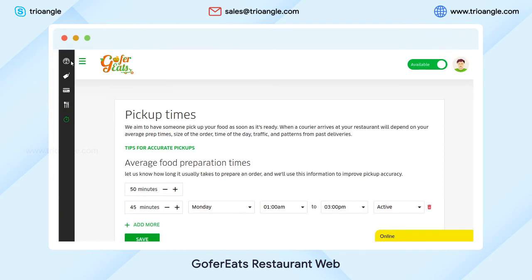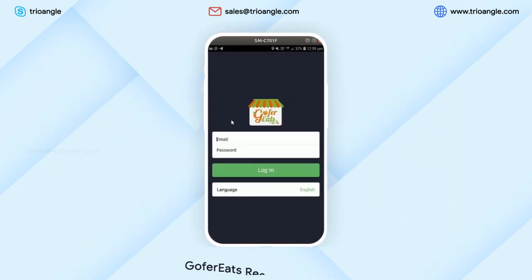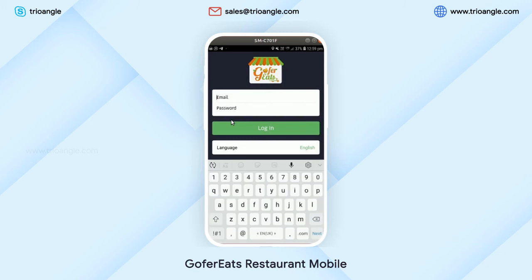Have a look at the mobile application of the restaurant through which you can log in. I'm entering my email ID and password.